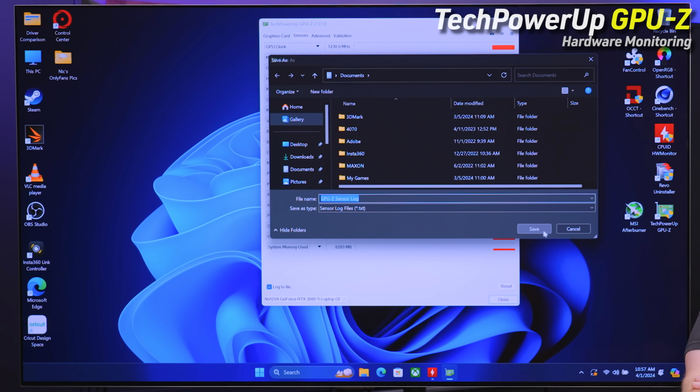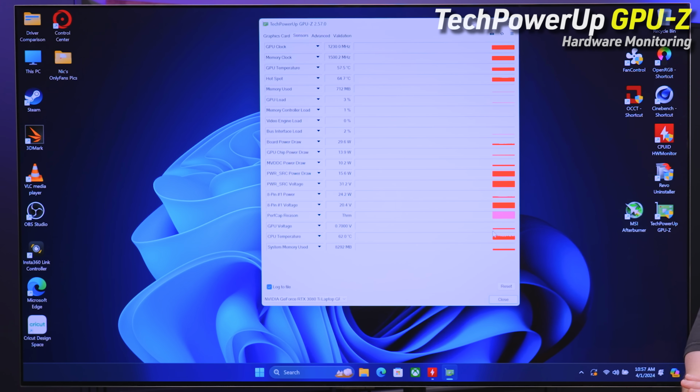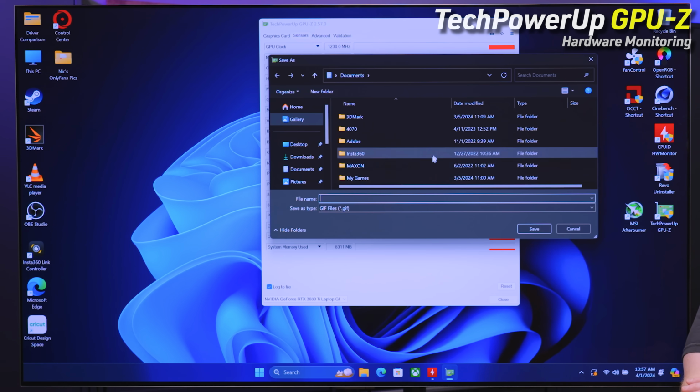You save the location, I'll just do documents. And now it's actually making a file. And if you want, you can even screenshot what this particular graph looks like. And then you can save the file or even upload to free image hosting, whatever, just save to file. And then